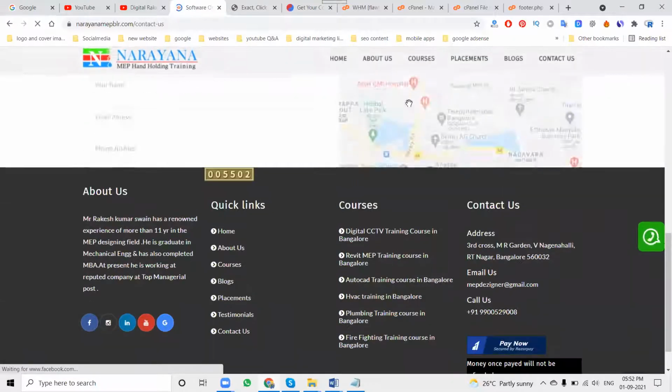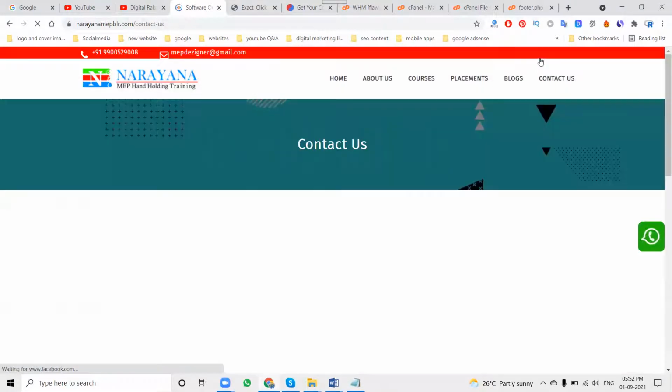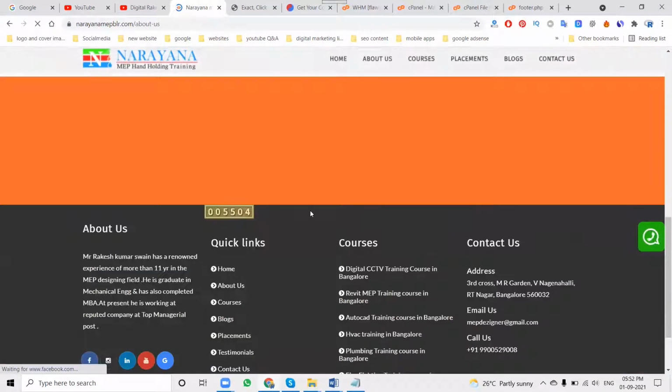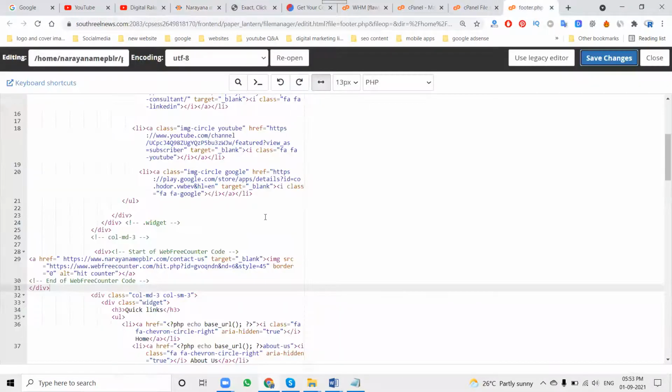Now coming back here, when you click other pages, the page count will show the page views. So how many views are done, it can show here. Suppose we want to show it in the footer option, we have to change it here.